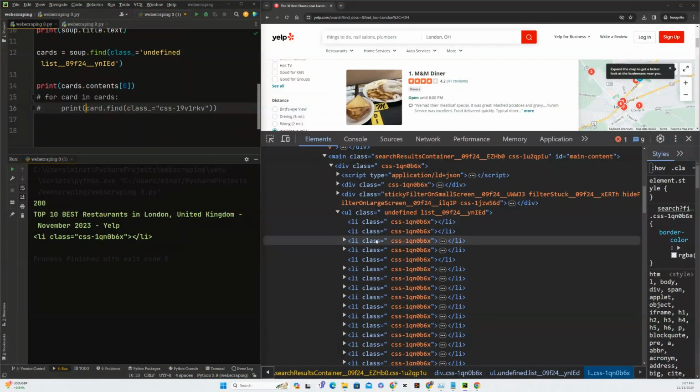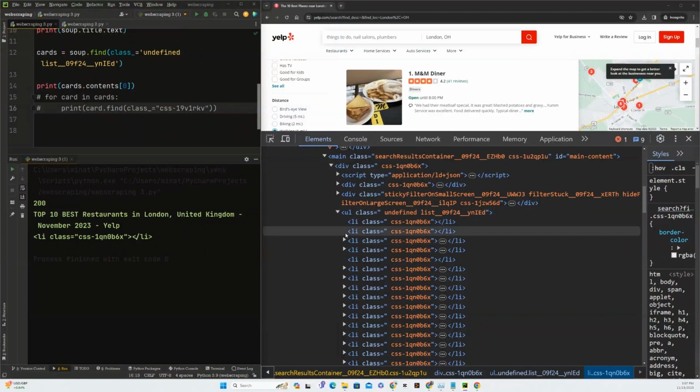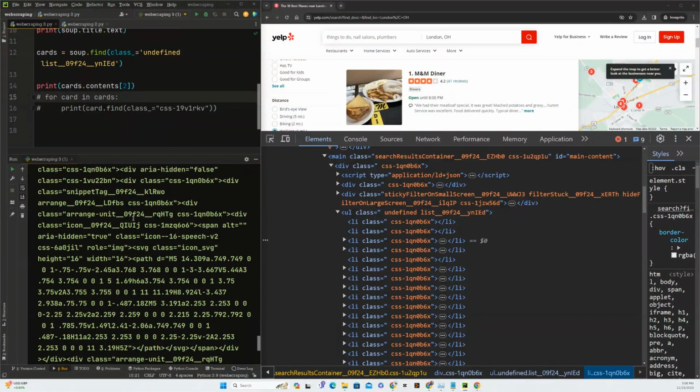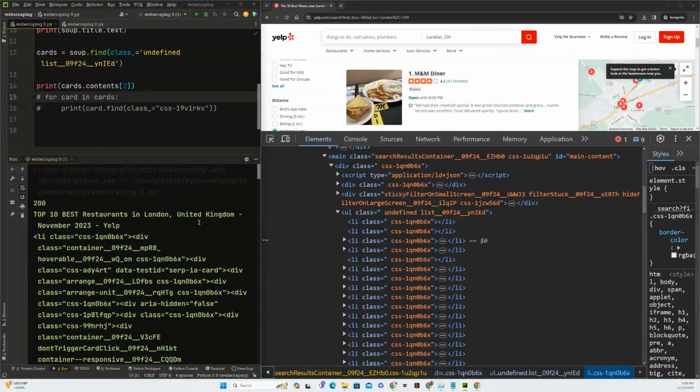So let's grab the first restaurant, and it is number 2 in my list. Here in coding, we do not count from 1, we start counting from 0. So this is considered number 0, and then 1, and then 2. So here we'll get the number 2 item, the second item in the list, and that should give me, as you can see, the first restaurant,